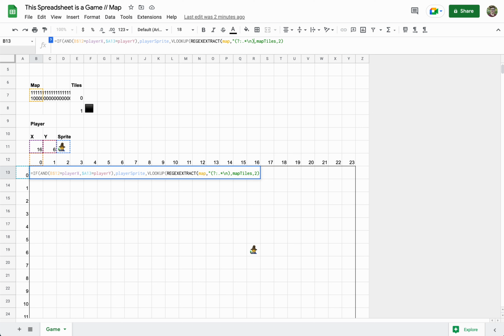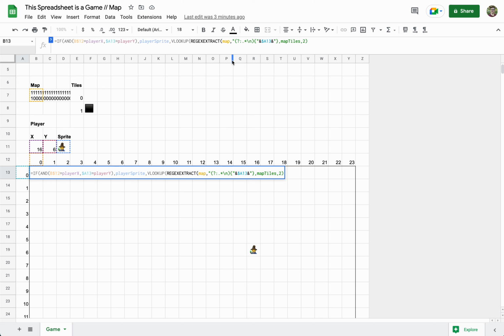And I want to do that, using the squiggly bracket here, as many times as the y value on the left. So to do that, we're going to add a quote and an ampersand, and click the y value on the left, add a $ sign so that stays in that left-hand column as we copy this out to our other tiles, ampersand, quote, close the squiggly bracket. So now as we go down, each of these is going to look for the row in the text